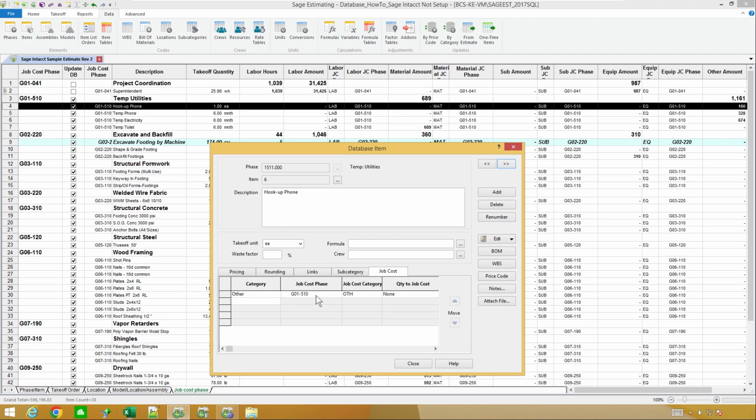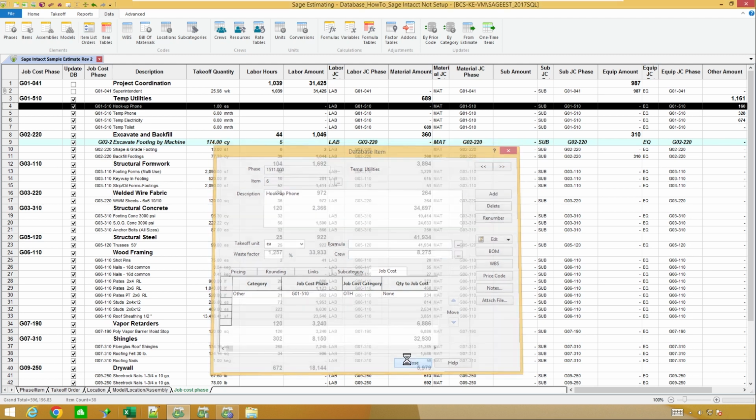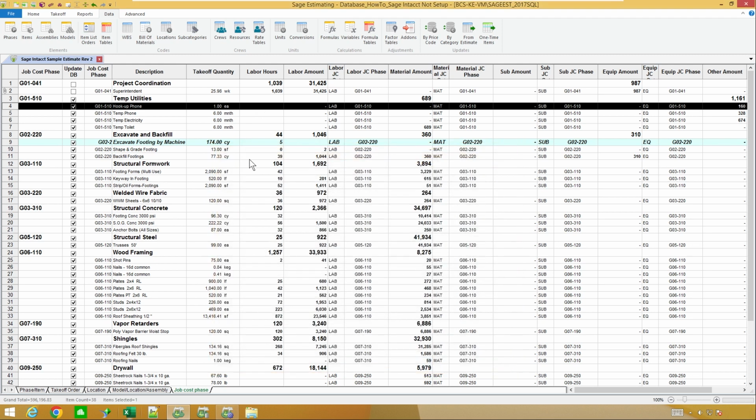So me coding that estimate out once, telling the system to save it back to all those items, makes it where if I build another new estimate using these particular items, they would already be coded. So then maybe all I'd have to do is code out the ones that were not being used in this estimate so far. So that's another method.